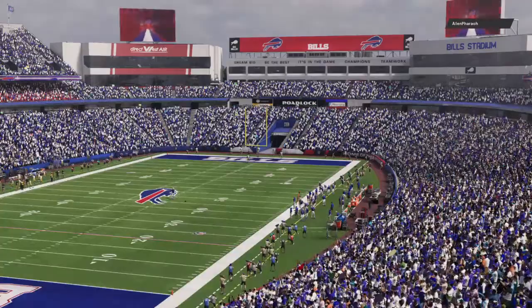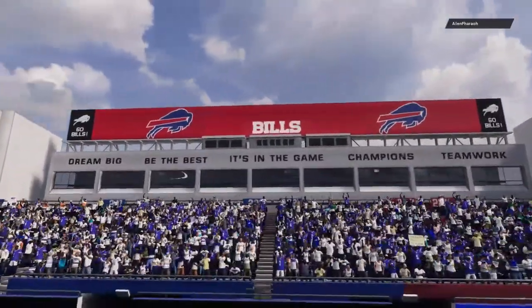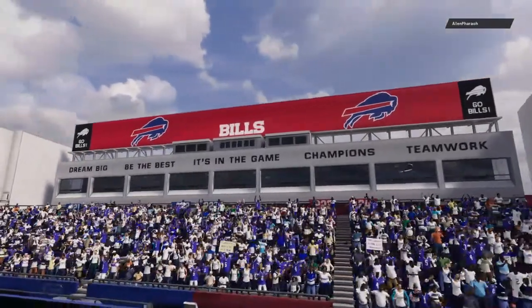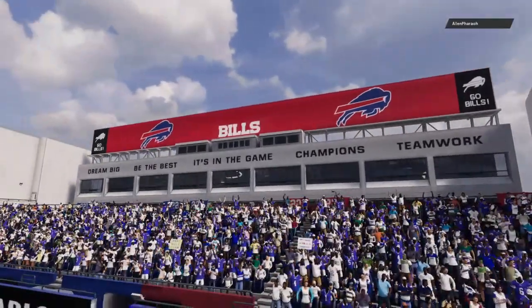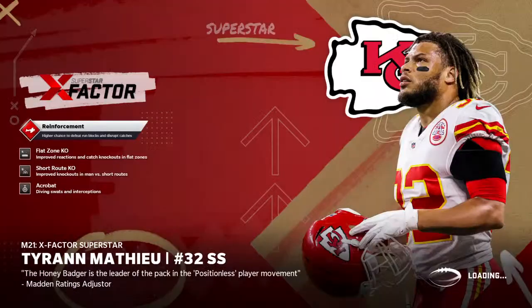So for Buffalo, the win will move them to 7-2 now on the year. And they'll get another home date next week as the Saints will come to town. Meanwhile, for the Jaguars, it's just their 2nd loss so far to go along with their 7 wins. And they'll try to get back to their winning ways next week as they head to Indianapolis to take